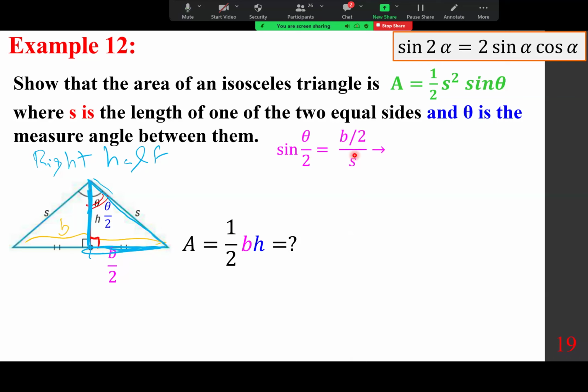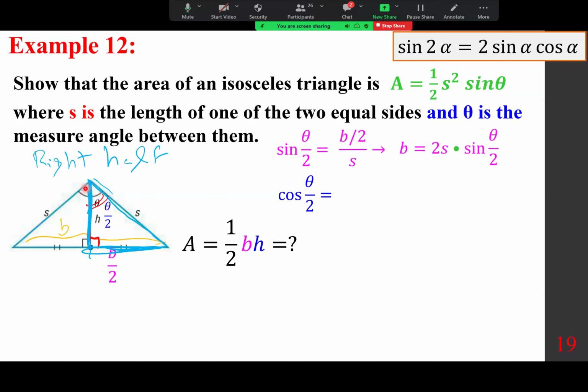So if you multiply this one by this one, by the way, b over 2 divided by s, I hope you realize this times this one is b over 2, or b is this times this times 2. So I hope you can go from here to here, okay? So b is 2s sine theta over 2. We're going to do the same thing with cosine, and cosine of this angle